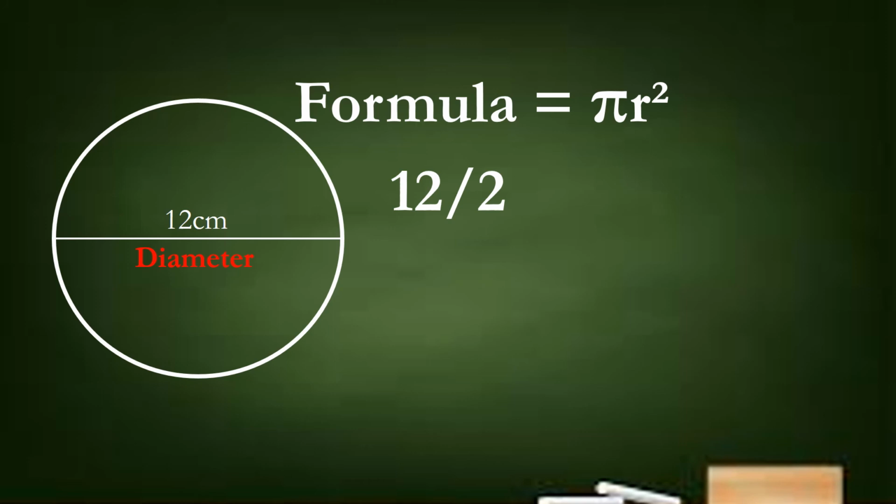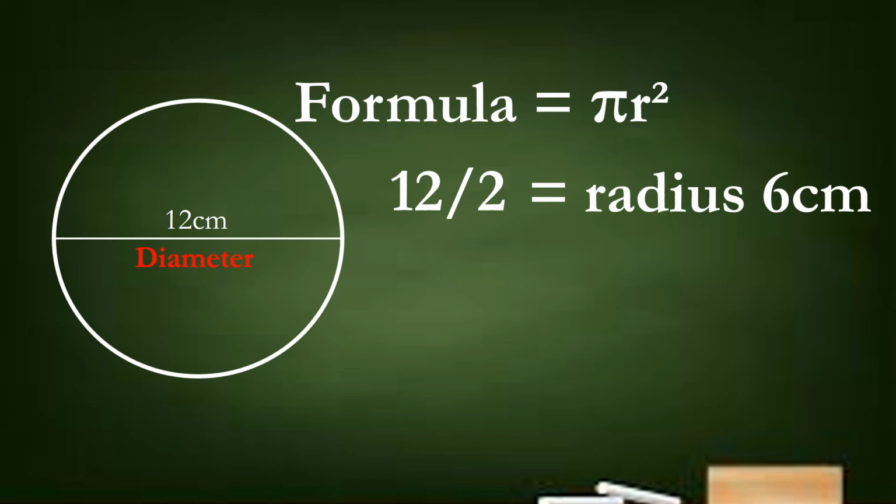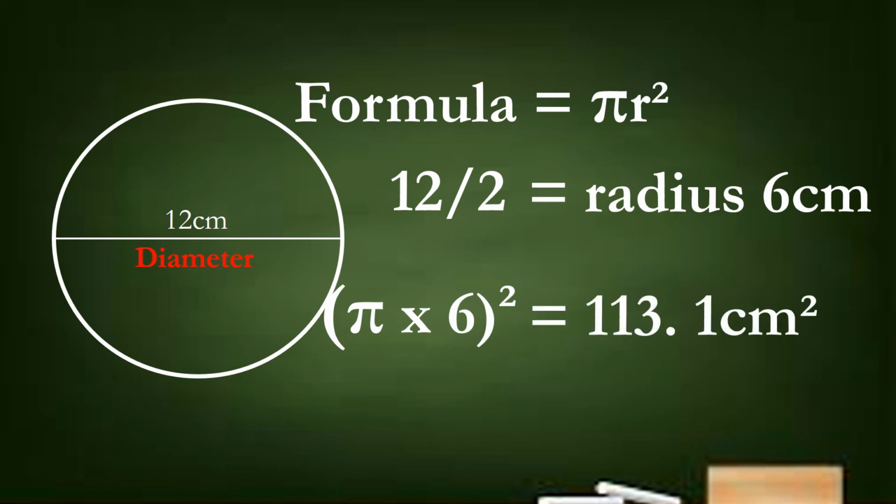So the simplest thing to do is we'll divide 12 by 2. So that's going to give us a radius of 6 centimetres. So we'll pop that into the equation. Now we need to remember brackets. So we're doing pi by 6, which is our radius, and then we square that. We square the whole number. So pi times 6 squared, and that's going to give us an area of